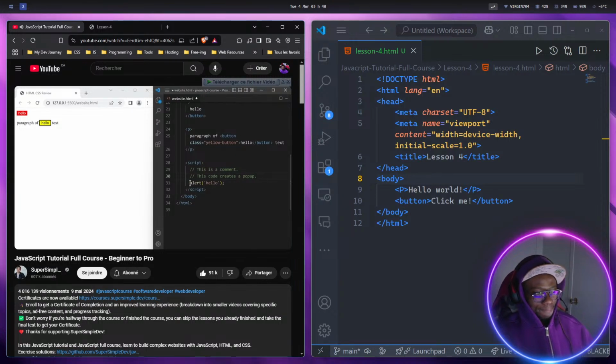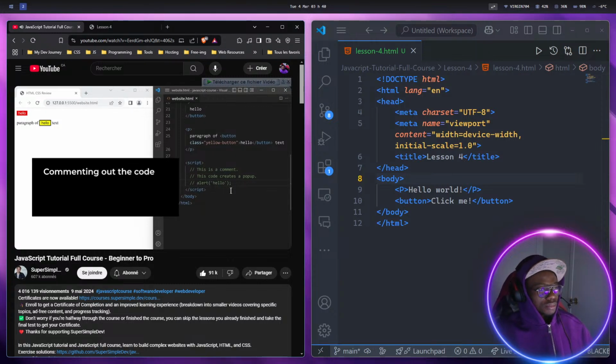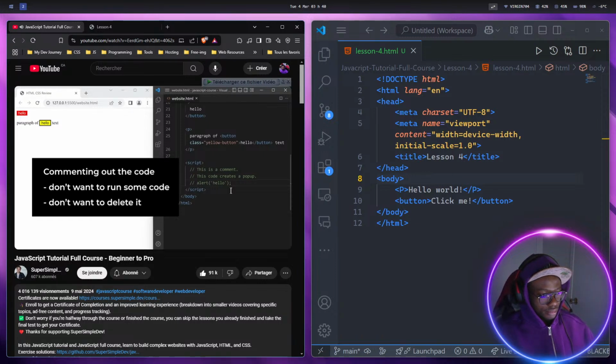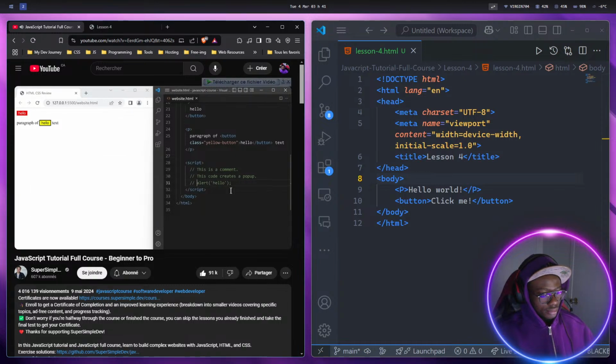So what we can do here is to add a double slash in front of this line to turn this code into a comment. Now, if we save, the computer will ignore this line of code and not create the pop-up. This is called commenting out the code. It's useful if we don't want to run some code anymore, but we also don't want to delete it for informational purposes. So JavaScript has another syntax for writing comments, and that syntax is